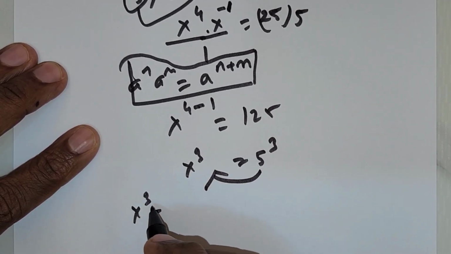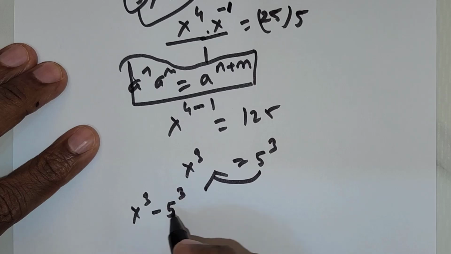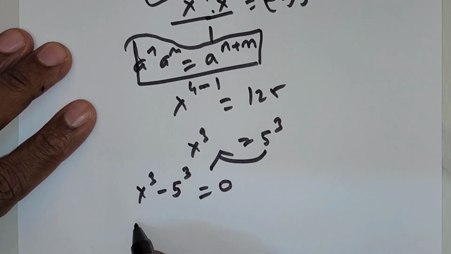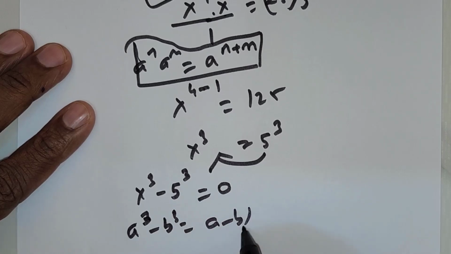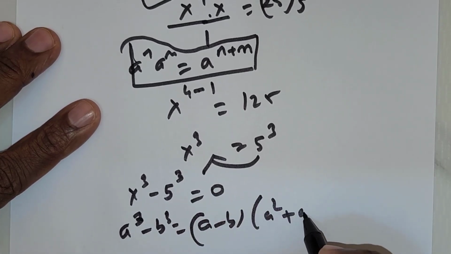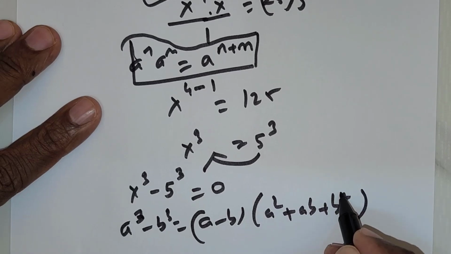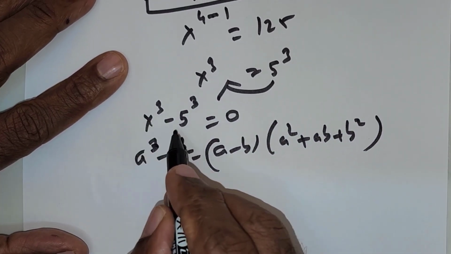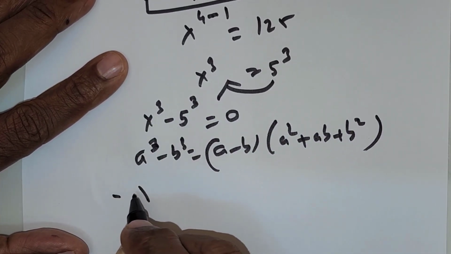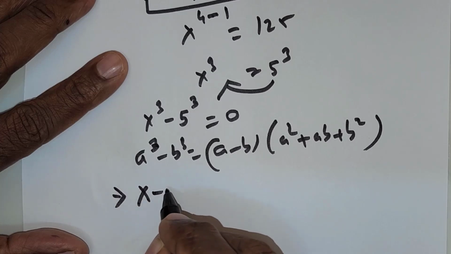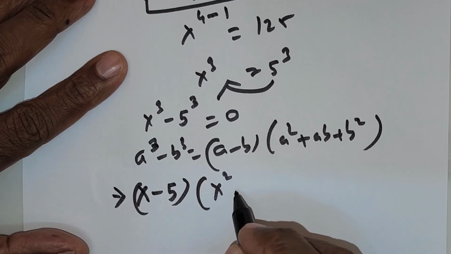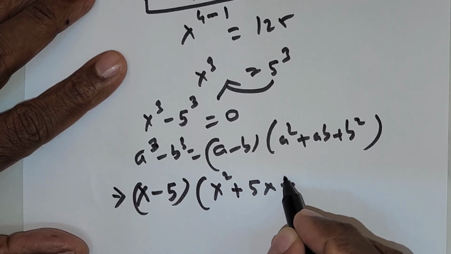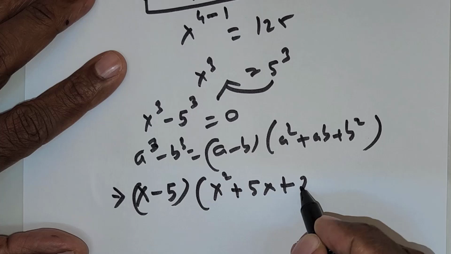So this is x raised to the power of 3 minus 5 raised to the power of 3 is equal to 0. This is of the form a cubed minus b cubed, which is a minus b times a squared plus ab plus b squared. So by this formula, x cubed minus 5 cubed is going to be equal to x minus 5 multiplied with x squared plus 5 times x plus 5 squared, which is 25,